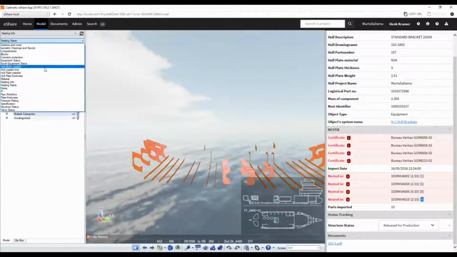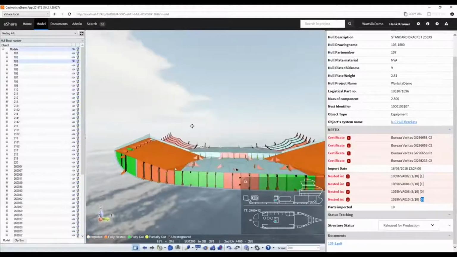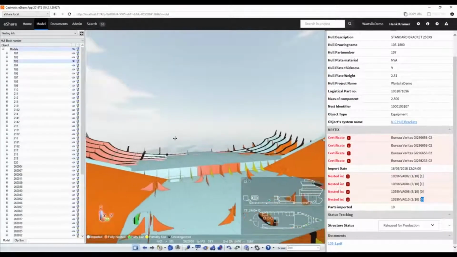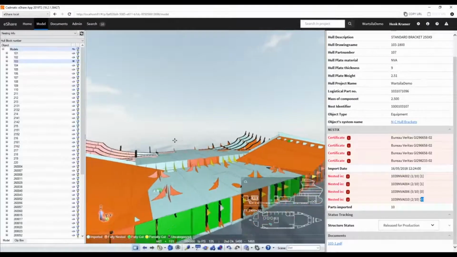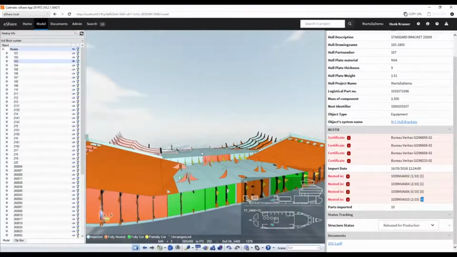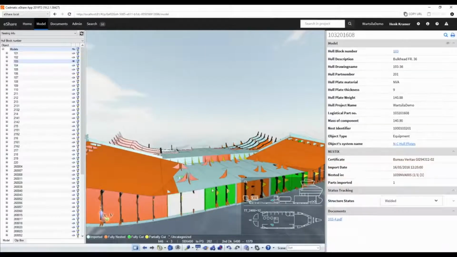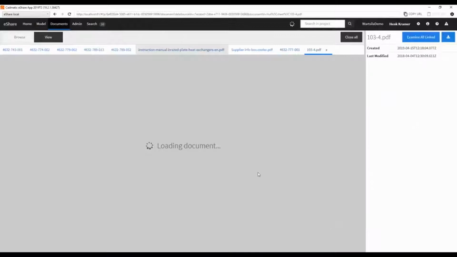Again, if I open hull block 103, I now know that the parts do exist, or at least have been nested. They are coming. I want to go and produce them. Again, the link to the documents is also available for structure. So if you click on the part, you have the documents. Opening them,